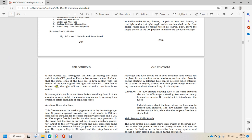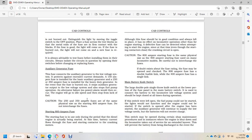Will not come on and a new fuse is required. It's always advisable to test fuses before installing them in the circuits. Always isolate circuits by opening their switches before changing and replacing the fuses. Auxiliary generator fuse: the fuse connected with the auxiliary generator low voltage system protects